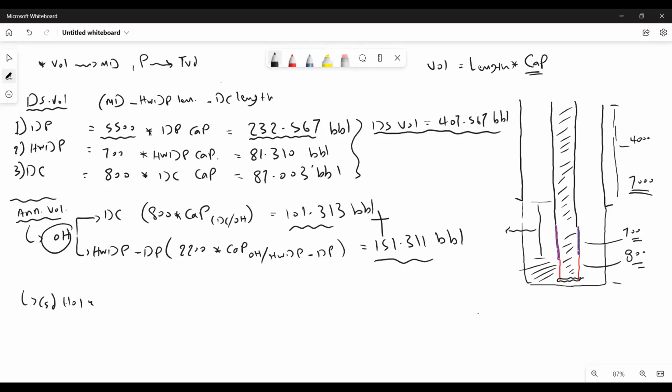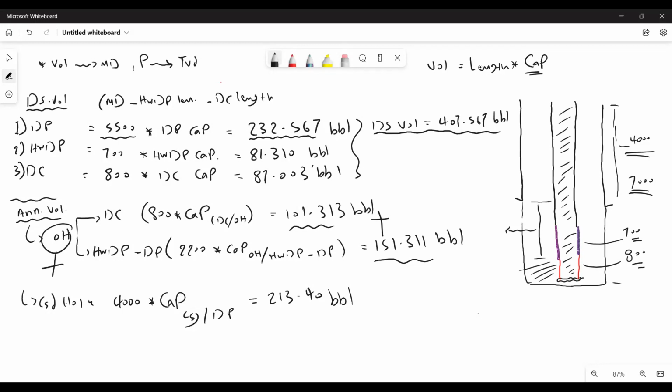We have here casing shoe depth is 4,000. So here it will be 4,000 times the capacity between casing and drill pipe. So let's say the answer is 213.40 barrels. Okay, now to get the total annulus volume is to make summation for the open hole volume